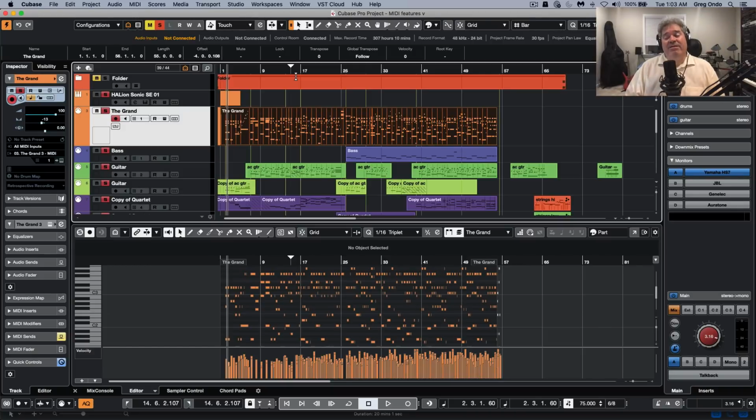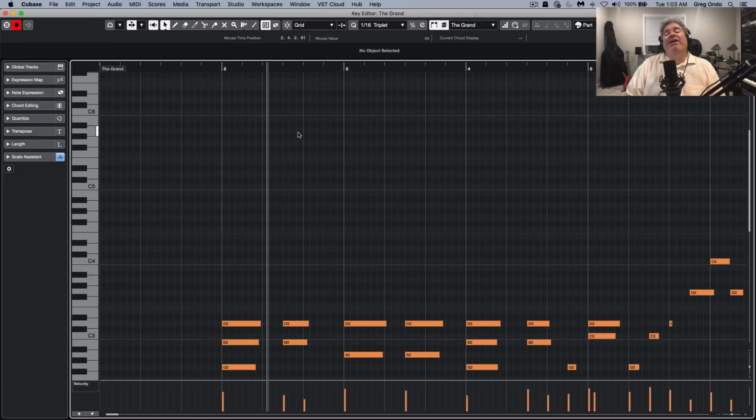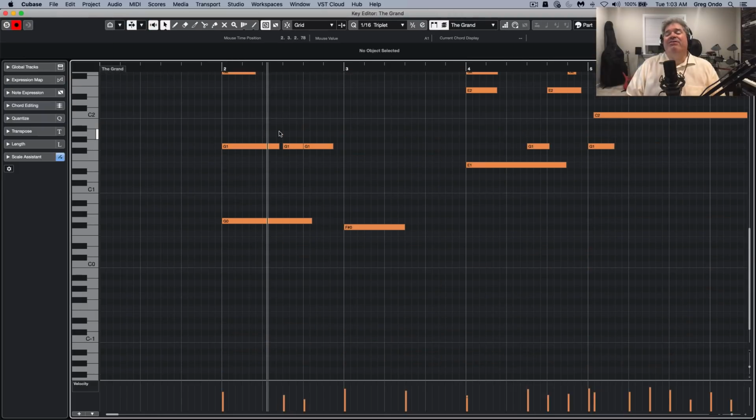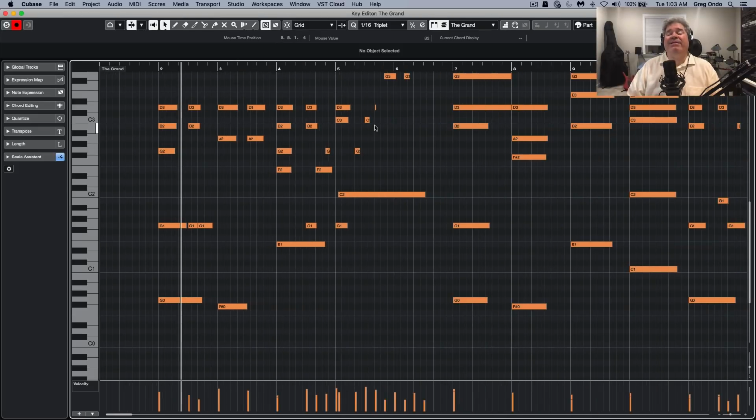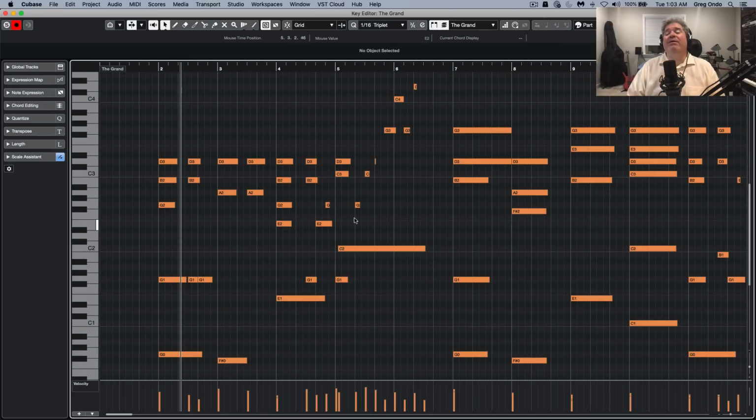Let's take a look at some of the new MIDI enhancements found within Cubase 11. We find that many of our customers will spend a tremendous amount of time inside of the MIDI key editor, and we wanted to make this a little easier to work with. As we work with our MIDI key editor, a lot of times one of the things that people wanted was